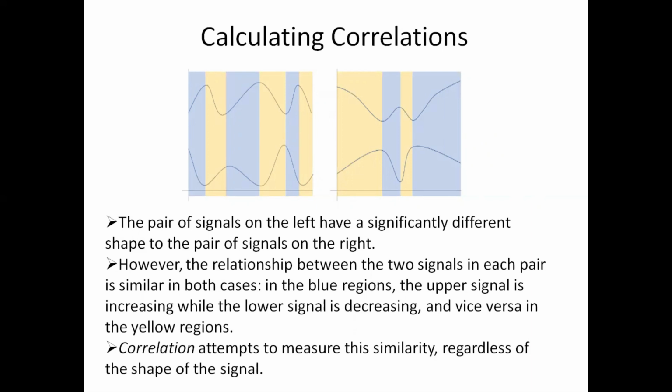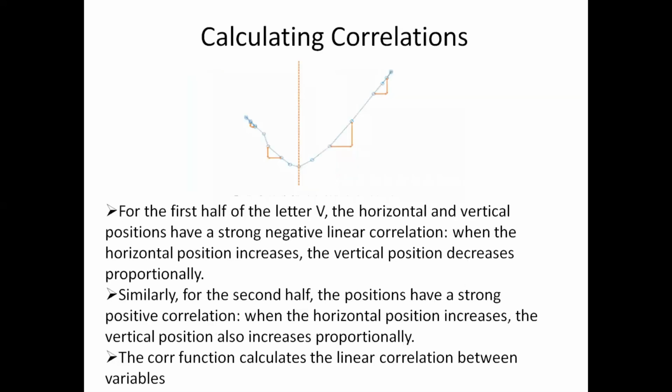But when you look at the relationship, wherever this yellow shading is given, wherever the first signal is decreasing, the second signal is increasing. Similarly, in the blue region of this graph, whenever the first signal is increasing, the second signal is decreasing. So we see that there is a negative correlation between the two data. This kind of similarity can be extracted from the data using the correlation function. That is what we are going to see, how to extract this for our data.